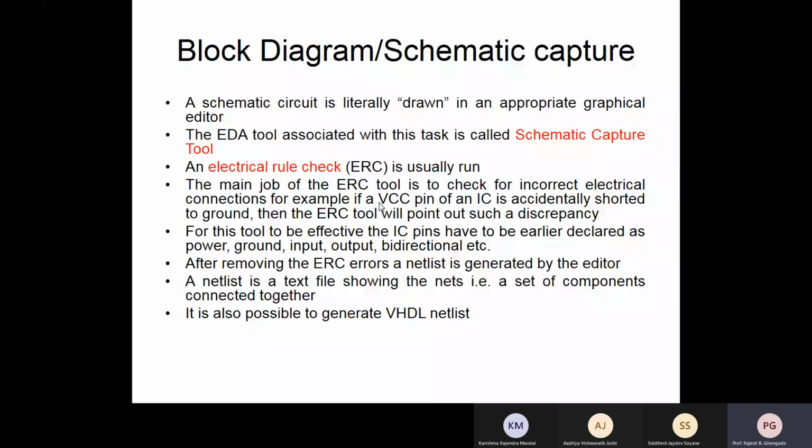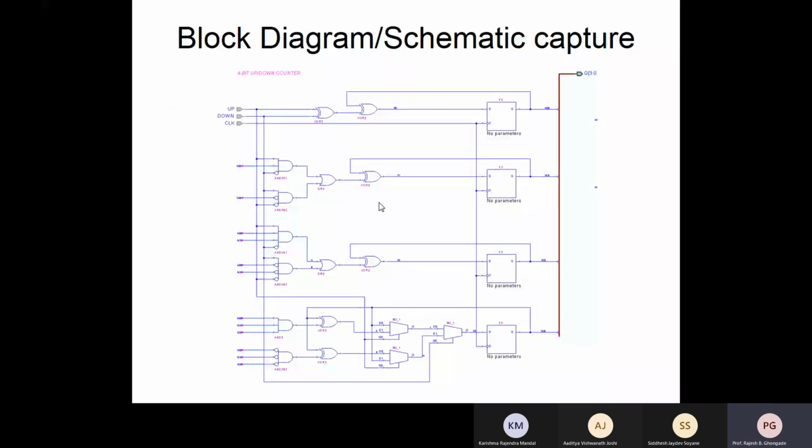It is also possible to generate a VHDL netlist. That is slightly different, but using schematic capture, you can do both. This is an example of schematic capture. So this is one way in which you can enter your design or start designing.